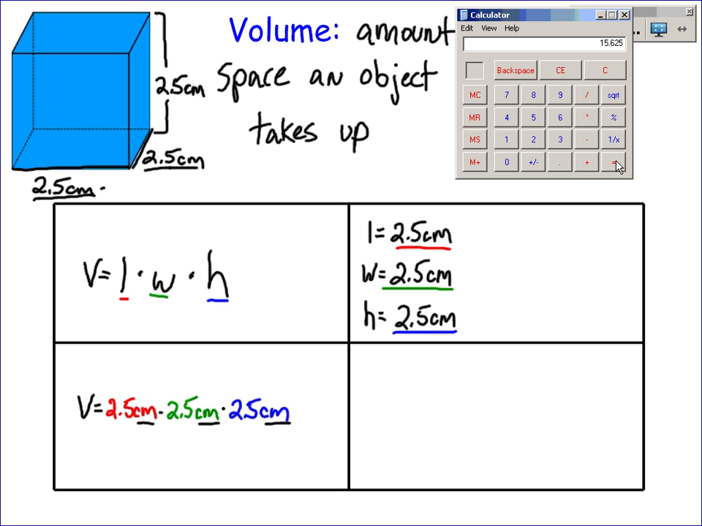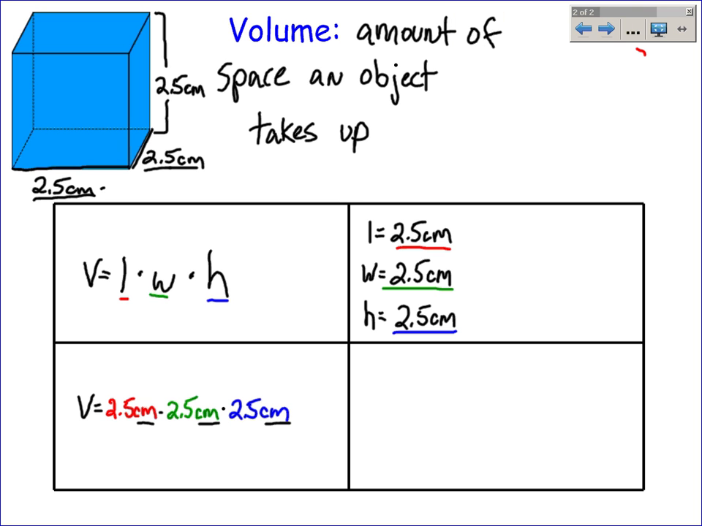Now, here's a very common mistake. Kids very often will look at these three numbers and add them together and come up with 7.5. Or they'll say there's three of them, and they'll say 2.5 times 3. Realize that both of those answers would be incorrect. And the answer is actually 15,